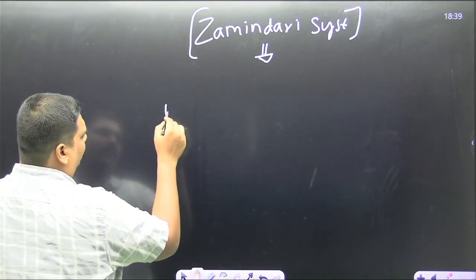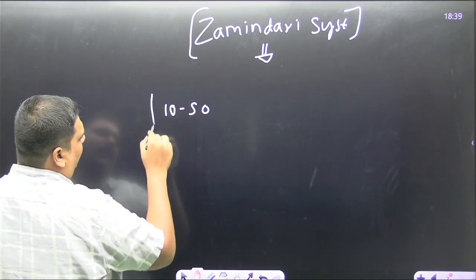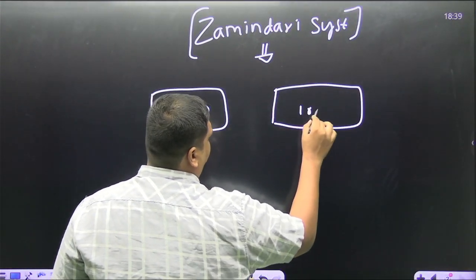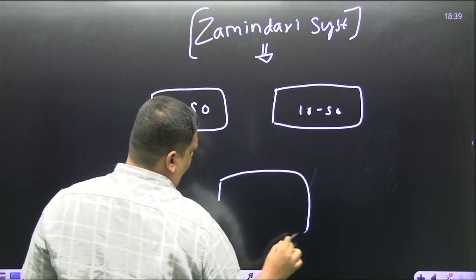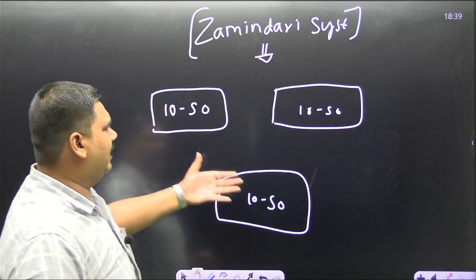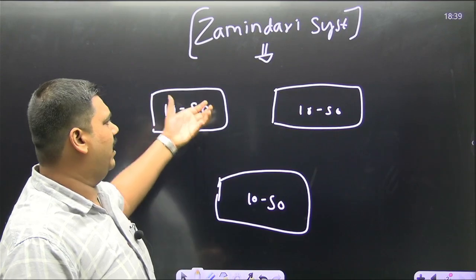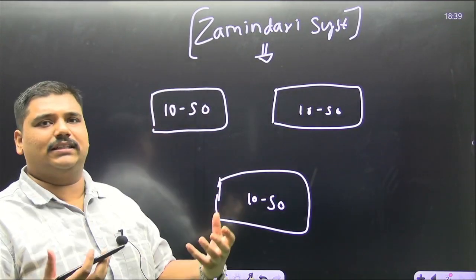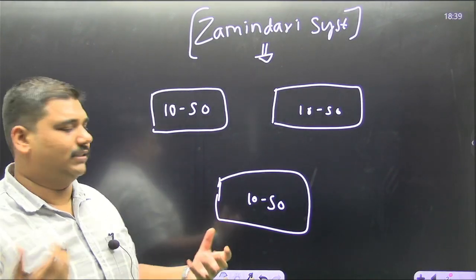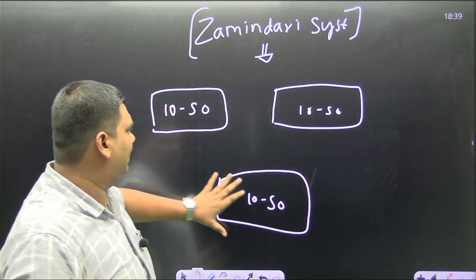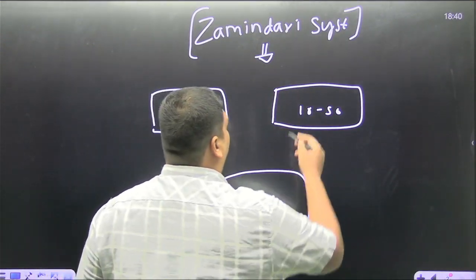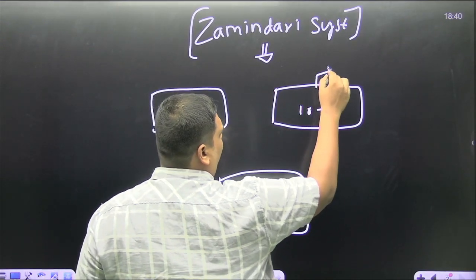Let's say there are 10 to 50 villages. They grouped villages into geographical regions. They made different geographical entities by combining villages. As villages is where the people live and their land is adjacent to the village. So therefore, all the villages were divided into certain parts, and these parts,